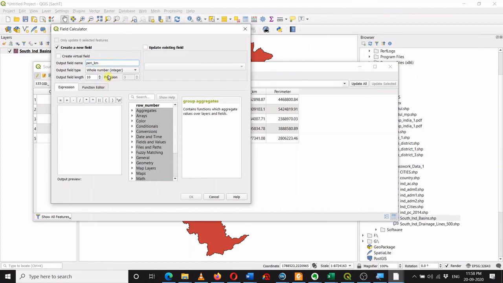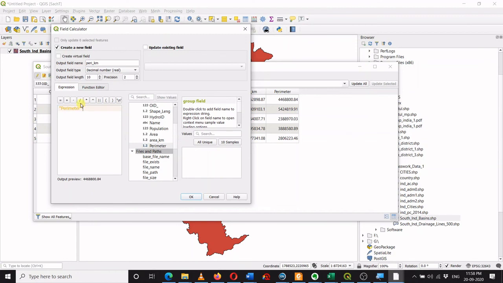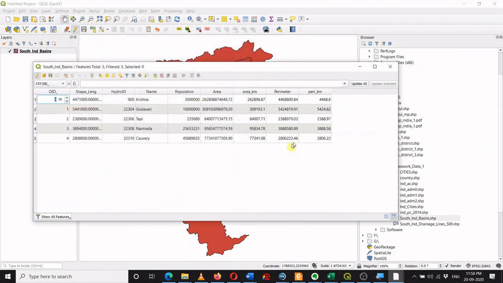I will say decimal number, real, then the output field, and this is the precision I have set. Whatever value is there in the fields and values in the perimeter section, I have to divide it by 1000, because that's the conversion factor between meter and kilometer. That's it. So okay, this is the perimeter of the river basin.